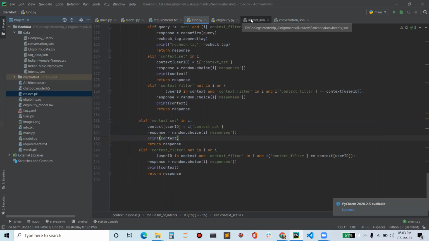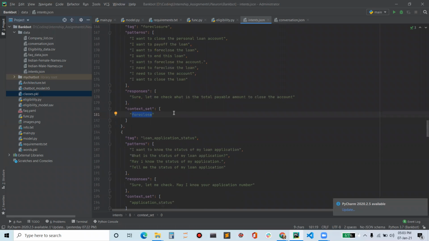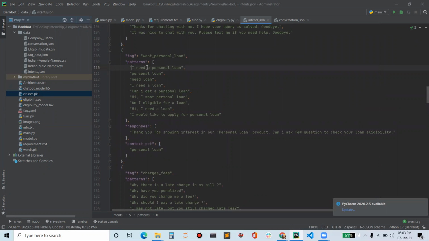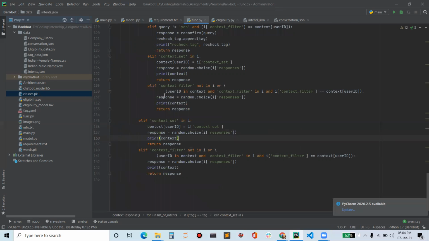For example, the intent JSON file is built in such a way that if I talk about personal loan, and I say I need a personal loan, the chatbot finds this in the tag which is want personal loan, and it gives out this response: thank you for sharing the interest in our personal loan product, and can I ask you a few questions for your loan eligibility. Now on this question, what will I answer? When it says can I ask a few questions to check your loan eligibility, I will answer either yes or no, right? So the moment I answer yes, over here, what happens is